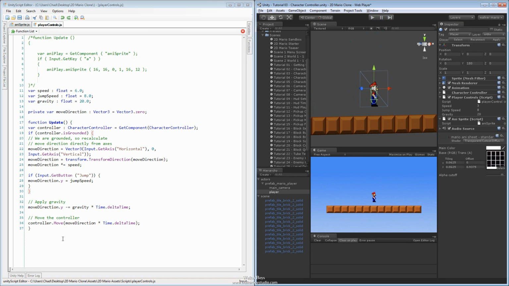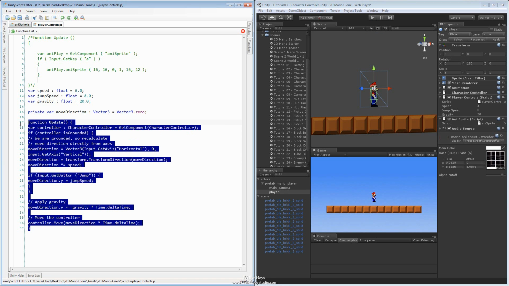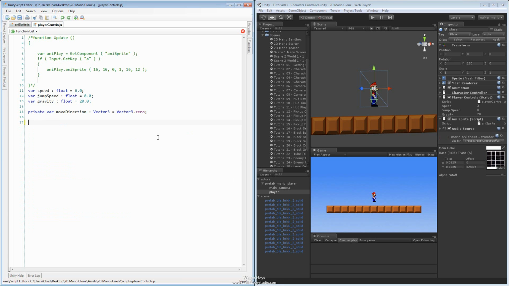So getting started, let's go ahead and just delete the code that's here. Let's focus on just recreating this set of code. So we'll start off with our update. Oh, I think we've already got one there, so we'll do this. So with the update,